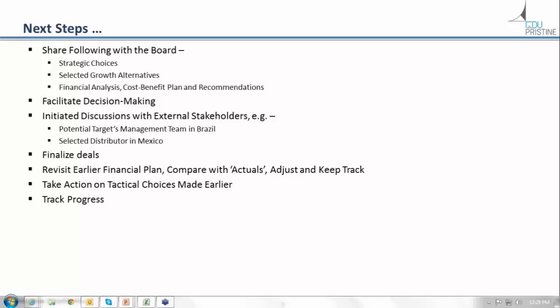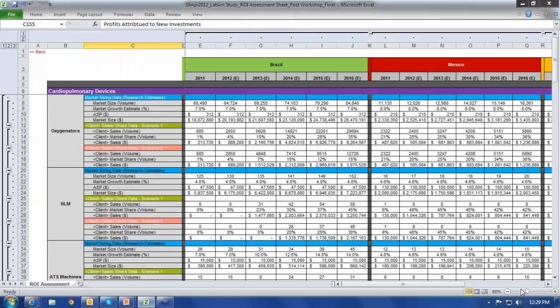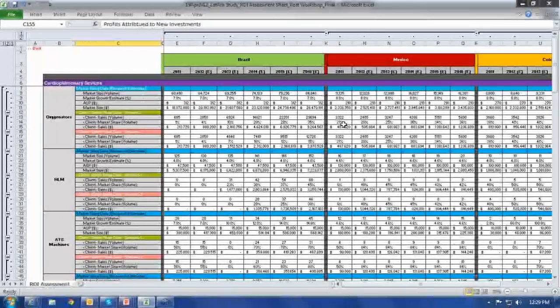But before we go on to the next page, let me just show you what that financial analysis actually looked like. Here is the financial analysis, which was actually the last step in the process when we made choices about Brazil. So here in Brazil, column B are the kinds of products that this client had, and essentially we said, okay, in Brazil, here's the market size based on our analysis. This is the market size, and here's the market growth that we expect over the next several years.